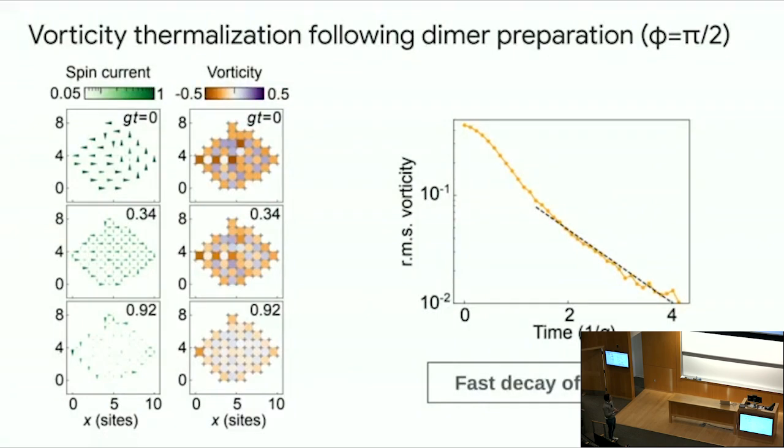Finally, we're going to take this another step further, and now not just prepare phases of 0 and pi, but now dimers with a pi half phase. That's now a spin current. So now we're not just tuning the energy, now we're actually injecting some current from the very start. So here we're watching now the thermalization of the current, or if you want, the vorticity. That's just the current around the plaquettes. And we're now back to very fast dynamics. So here the thermalization takes about just 1 analog cycle.